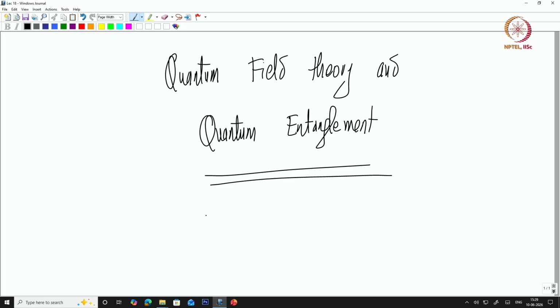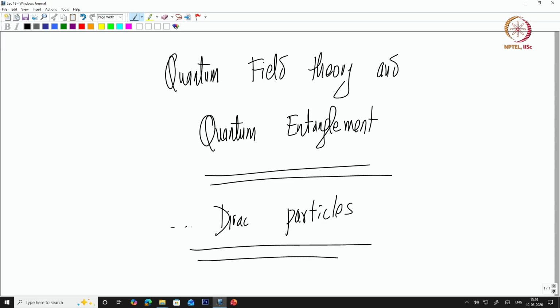So, welcome back friends to another lecture on quantum field theory and quantum entanglement. So, we are looking at Dirac particles. So far we have looked at scalars and everything, and in the last two lectures we are looking at Dirac particles essentially. And the way we are proceeding with Dirac particles is starting from the Lorentz transformations, and then we